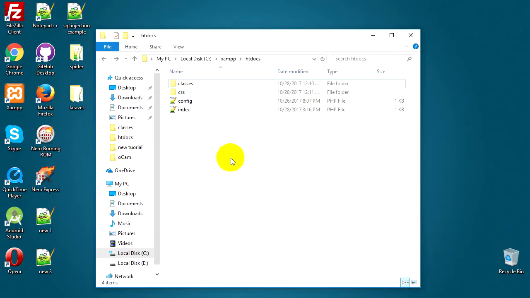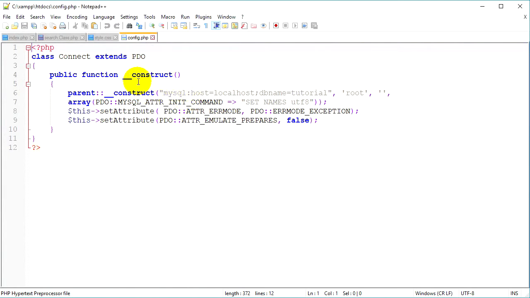In my htdocs folder, I created a config.php file, and this file looks like this. This is the connection to the database. We will need it for our search.class.php file. So we create a class here which is Connect, and this class extends the PDO object. And then we have a public function, __construct, and in this function we have